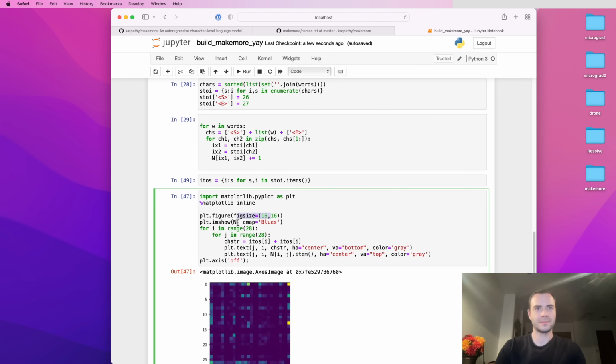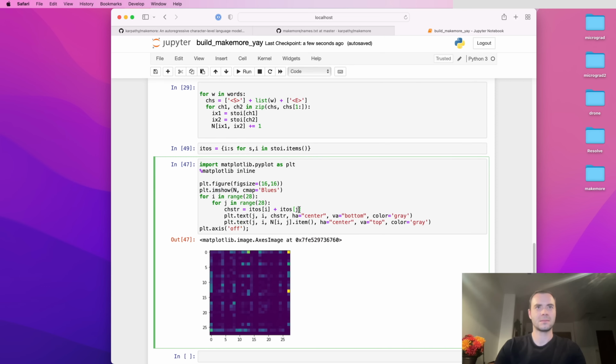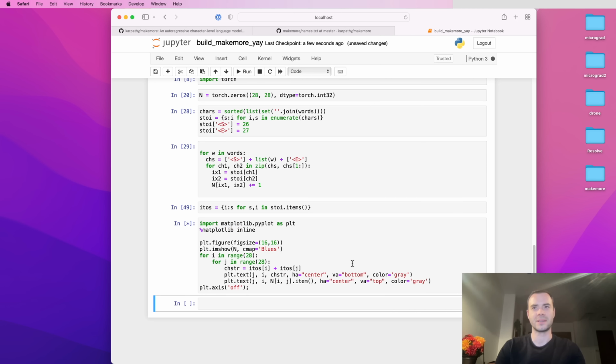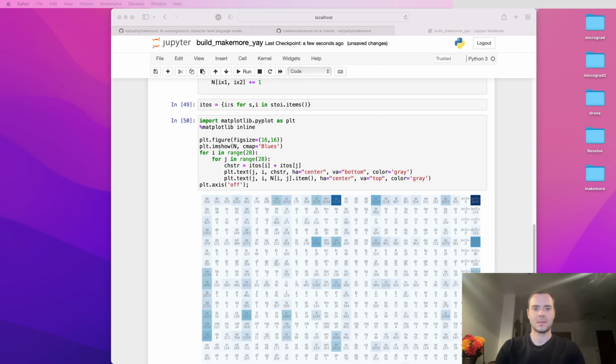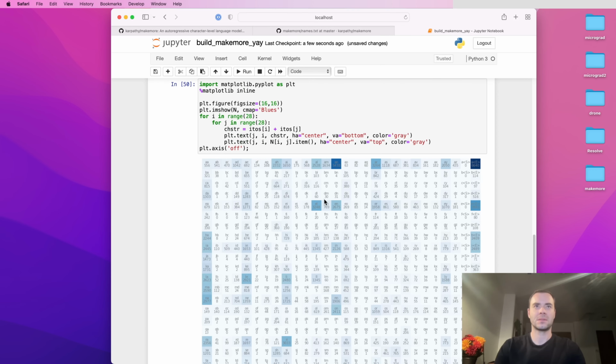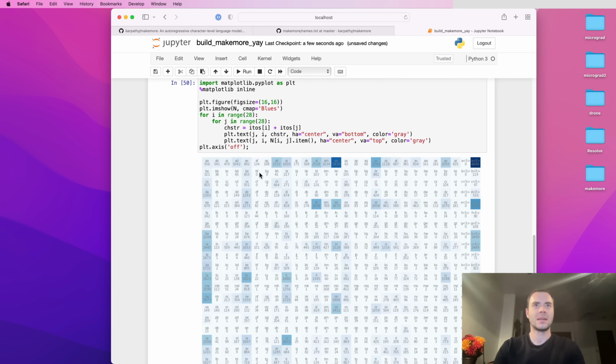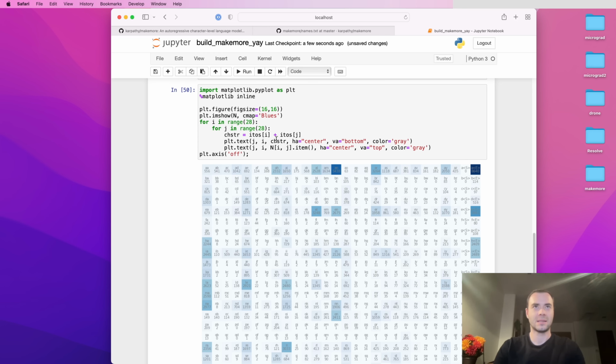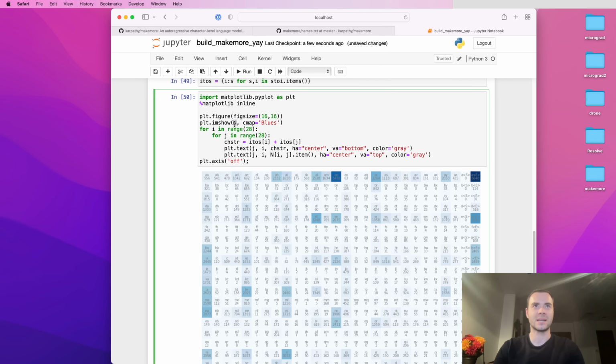We create a figure, we plot n, and then we visualize a bunch of things here. Let me just run it so you get a sense of what this is. Okay, so you see here that we have the array spaced out, and every one of these is basically like B follows G 0 times, B follows H 41 times, so A follows J 175 times. And so what you can see that I'm doing here is first I show that entire array, and then I